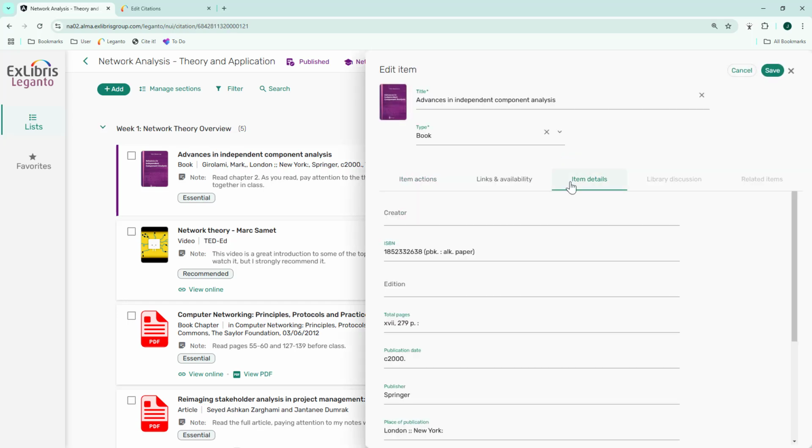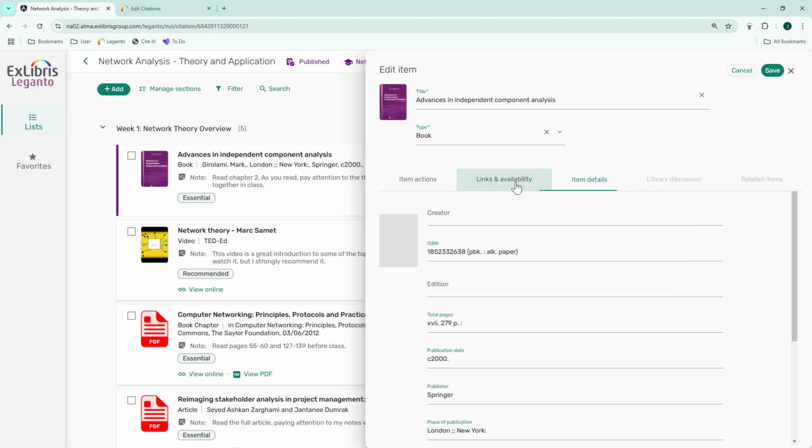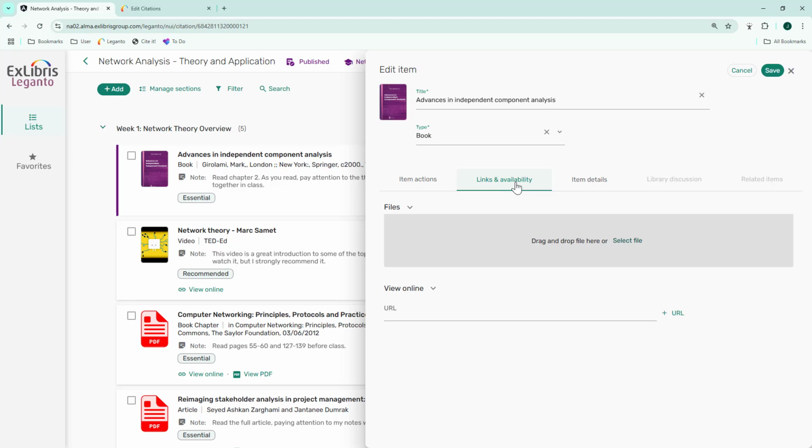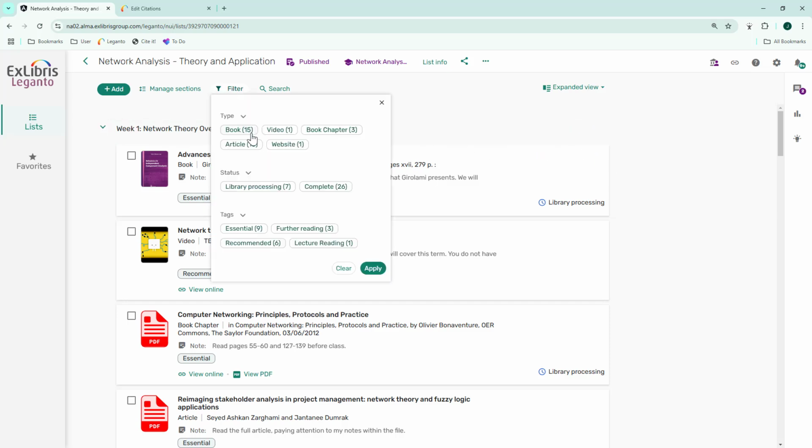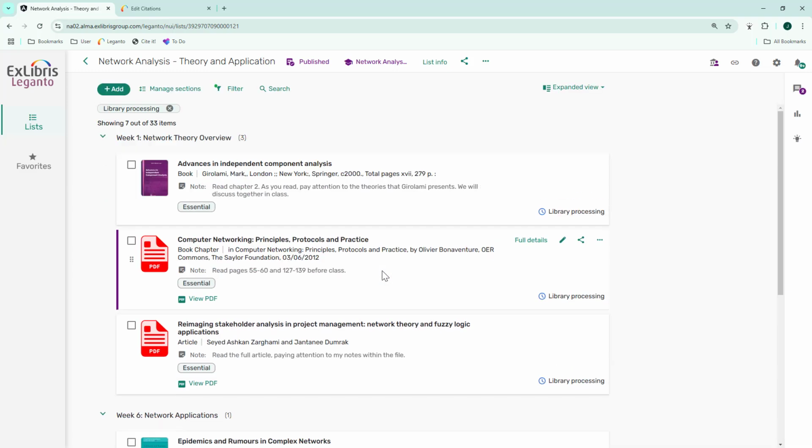The default is that the Item Details tab opens, but if you prefer, you can change this to default to a different tab. This pencil icon is designed to make it easier for you to fix any citation information that you need to fix. You can now use Leganto to really work through citations. I will filter this list to see only the ones in the library processing status. You always had the option to mark citations as complete,